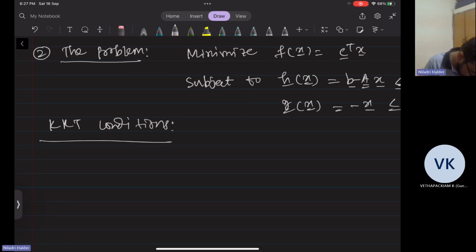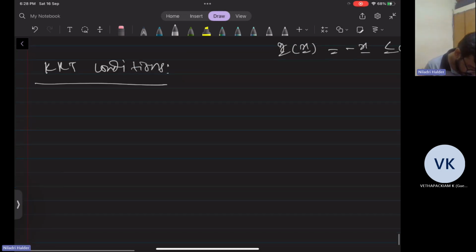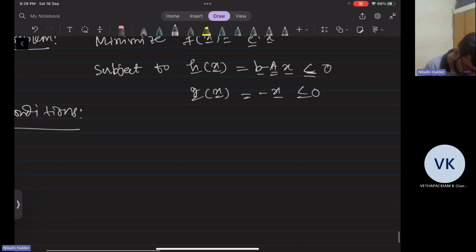Okay. So actually this linear program, we can find out the dual problem also, and then we can solve that problem and the solution will be the same. So in the next class I will deal with the dual problem, how to find out the dual problem. Those are the important topics, how to find out the dual problem and optimizing the dual problem also. So KKT conditions, first condition is